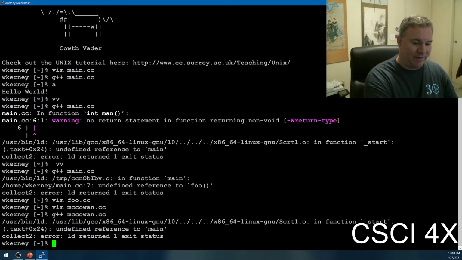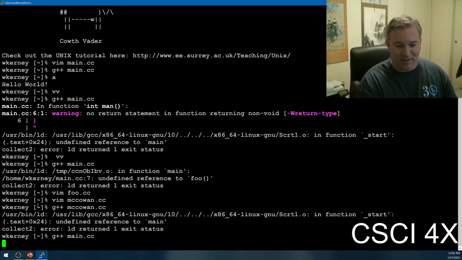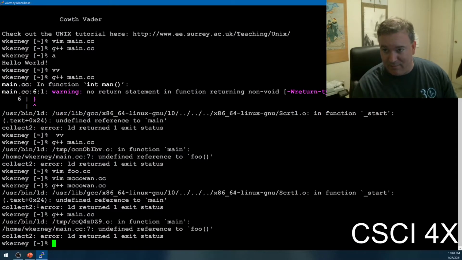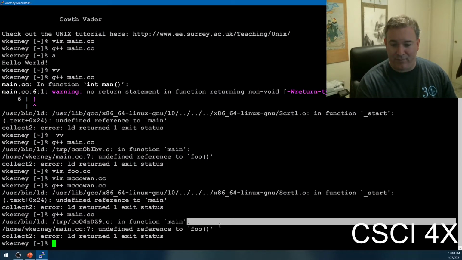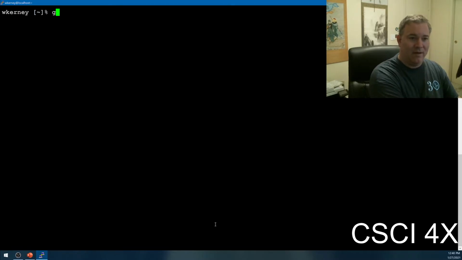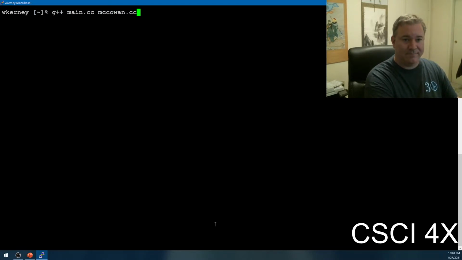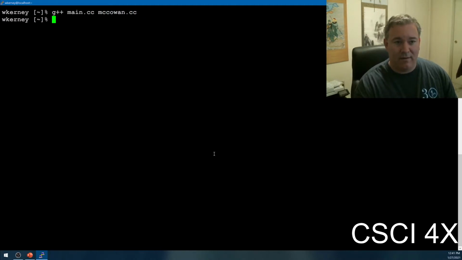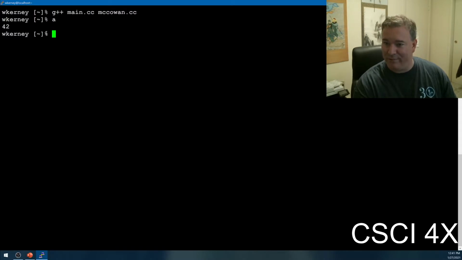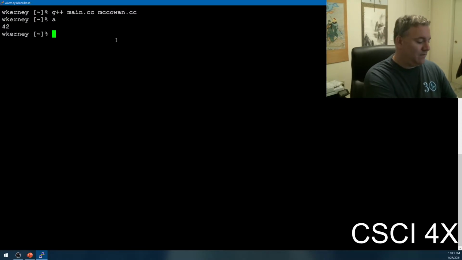And if I try compiling main by itself, it won't link because it doesn't have foo. But if I compile the two of them together, g++ main.cc Makefiles.cc, then it will work. And if I run it, it prints out 42. Okay, because